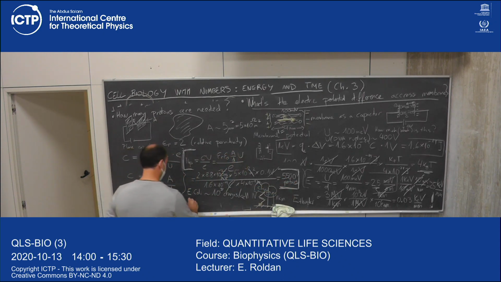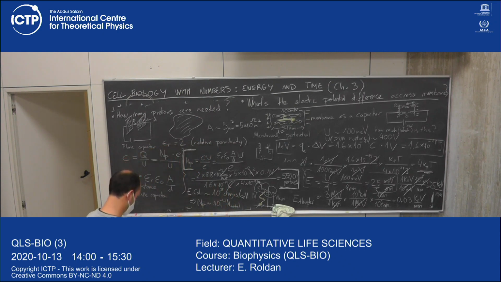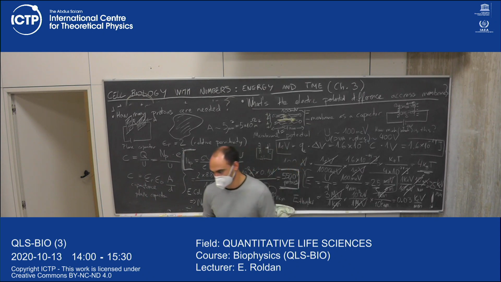So it means that MP, the number of protons, is around 10 to the minus 4 of the total number of charges. Just as a curiosity for you to see. So this gives us the solution. As you can see, we can make analogies between biological systems and capacitors,